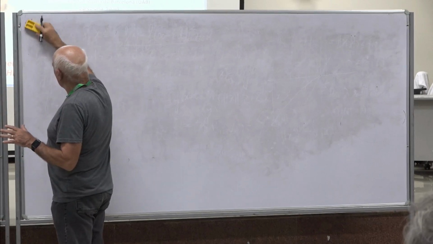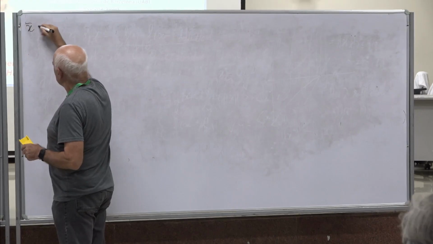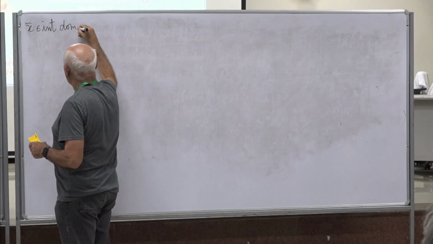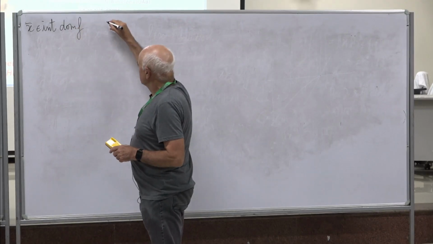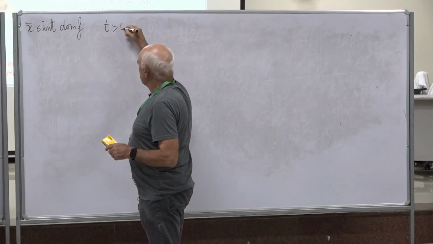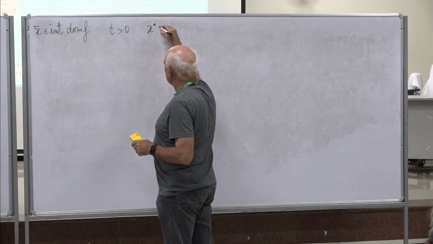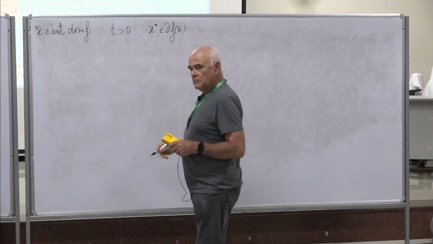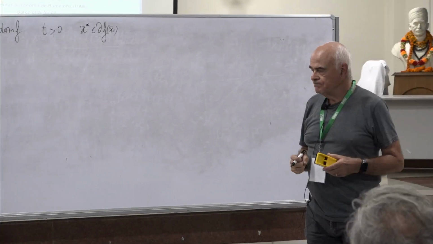I insist that we are on the interior of the domain. And then I consider t positive, and I consider x star as a subgradient. Okay? Then